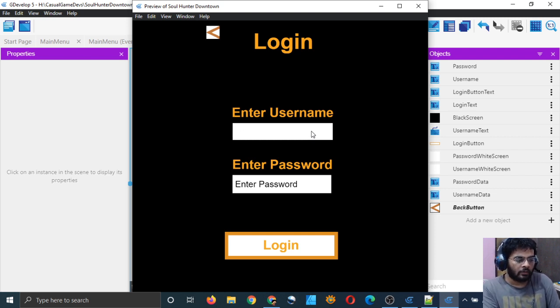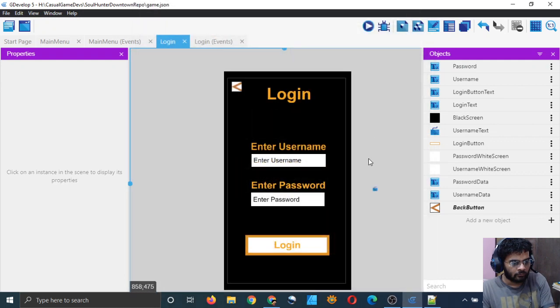So yeah, I am typing with my keyboard, and it is working here. So that's working, and that's good.